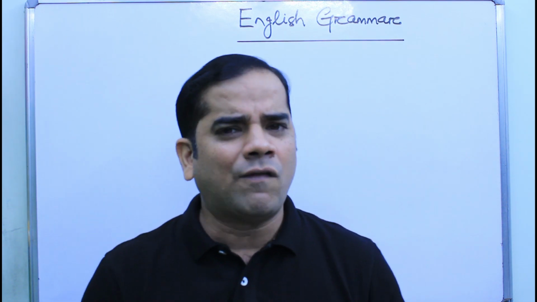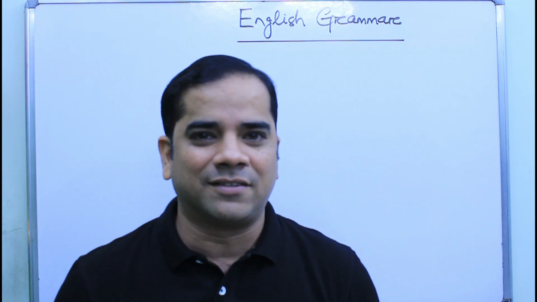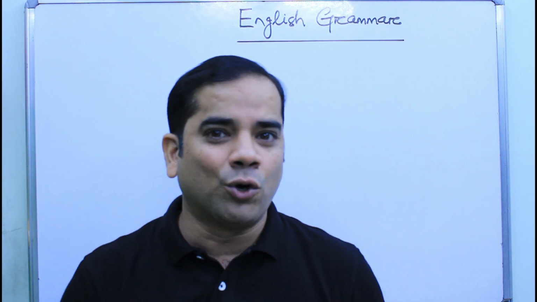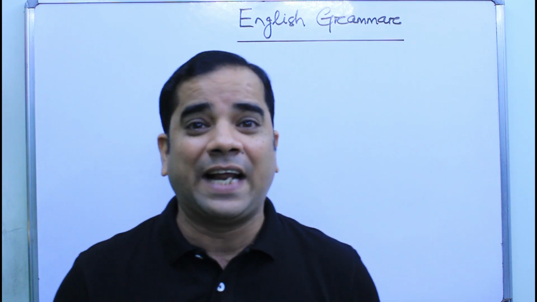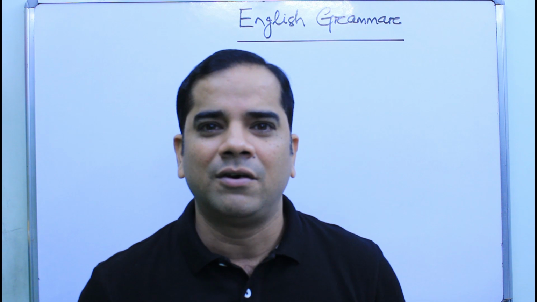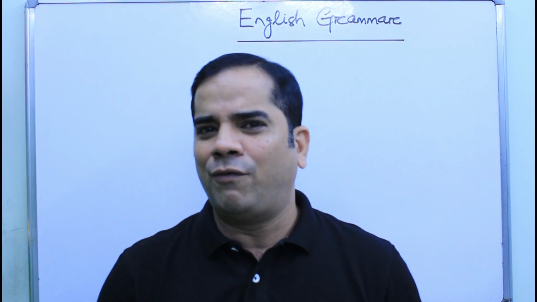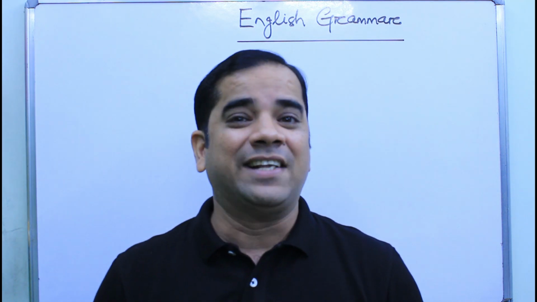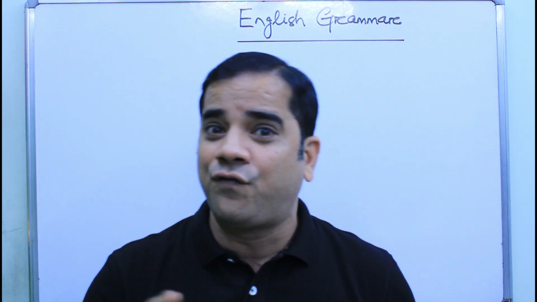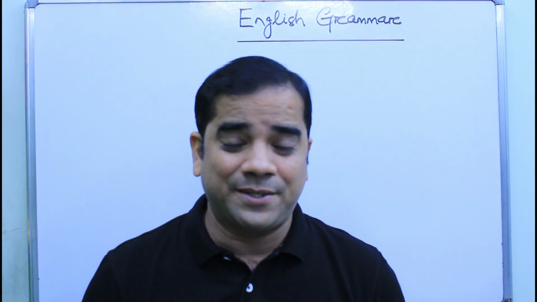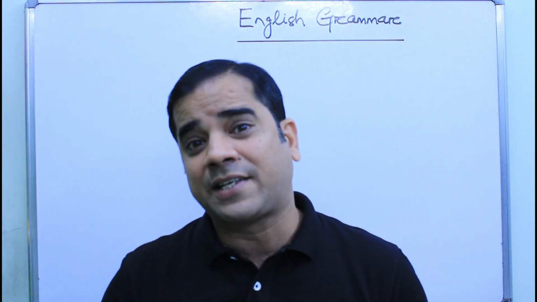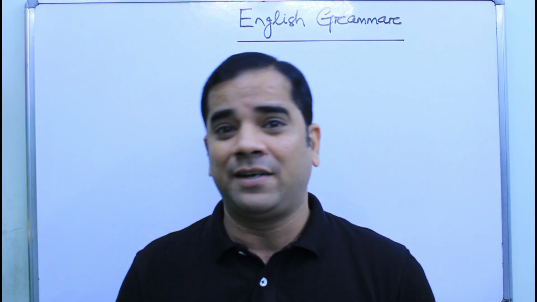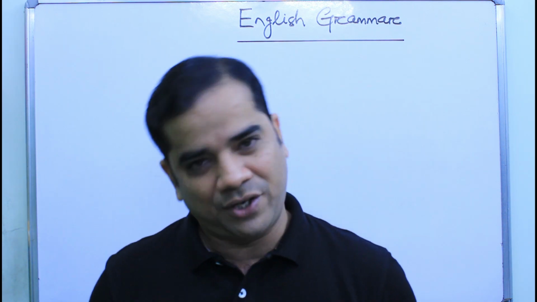Students, we have already discussed past perfect tense. What is past perfect tense? It is past of past. In the same way, future perfect tense is past of future. You might be thinking, what am I telling? Yes, it is true. Future perfect tense is nothing but past of future. It describes an action in future which might have happened before another action in future.